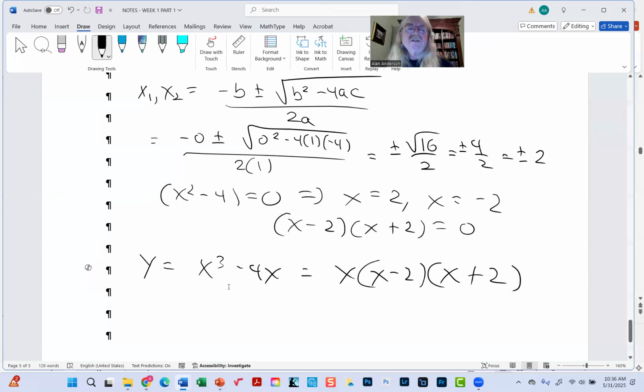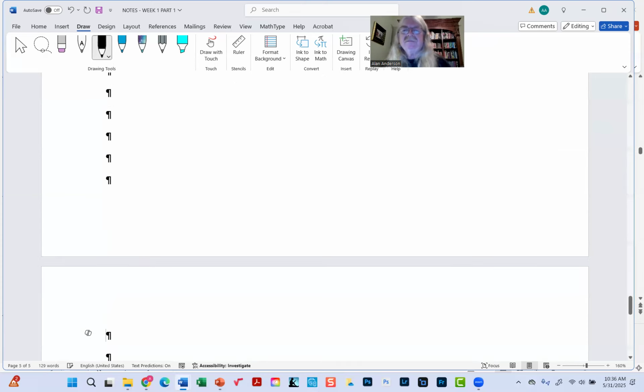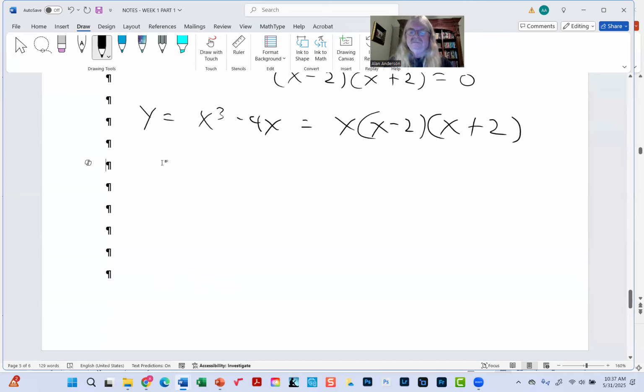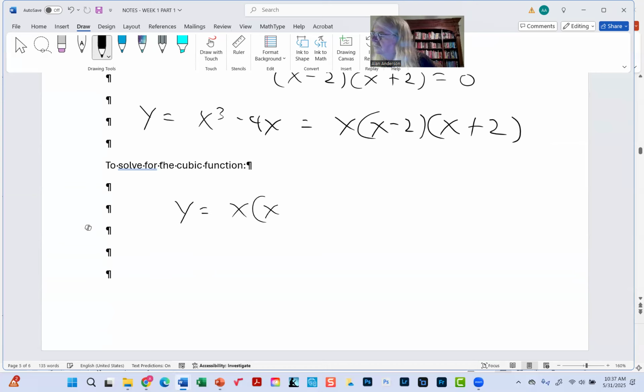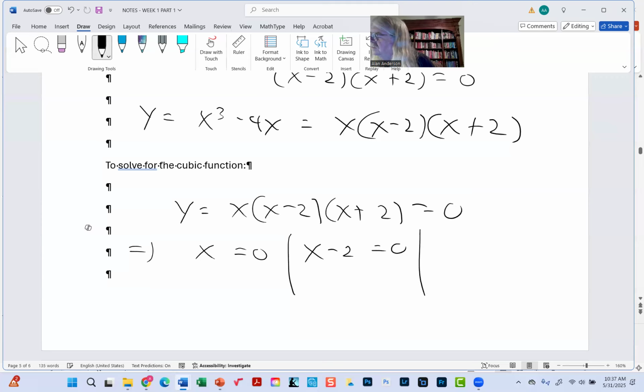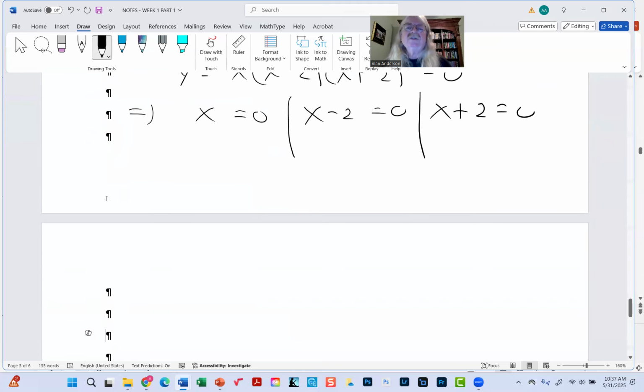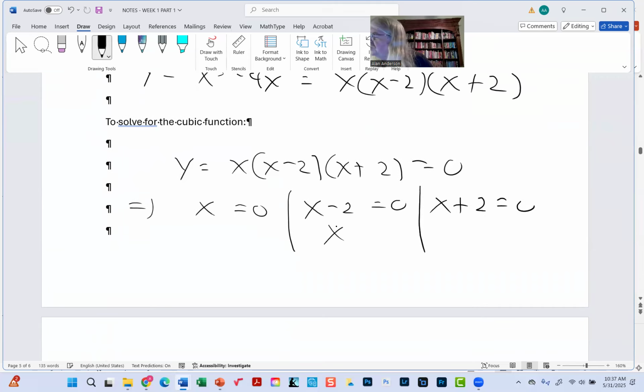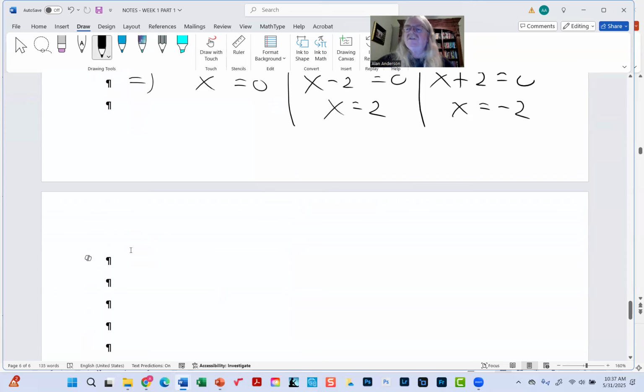Now, to solve for where it crosses the horizontal axis, we just set this equal to 0. And that implies that each of these individually equals 0. Okay. Because if any one of them equals 0, the product equals 0. So that means x equals 0, x equals 2, x equals negative 2. Okay. So the solutions of this equation are,